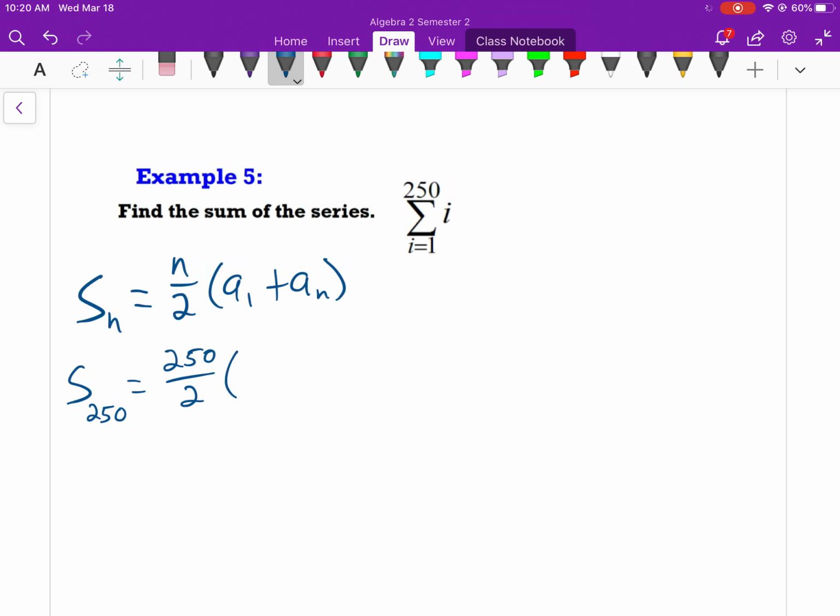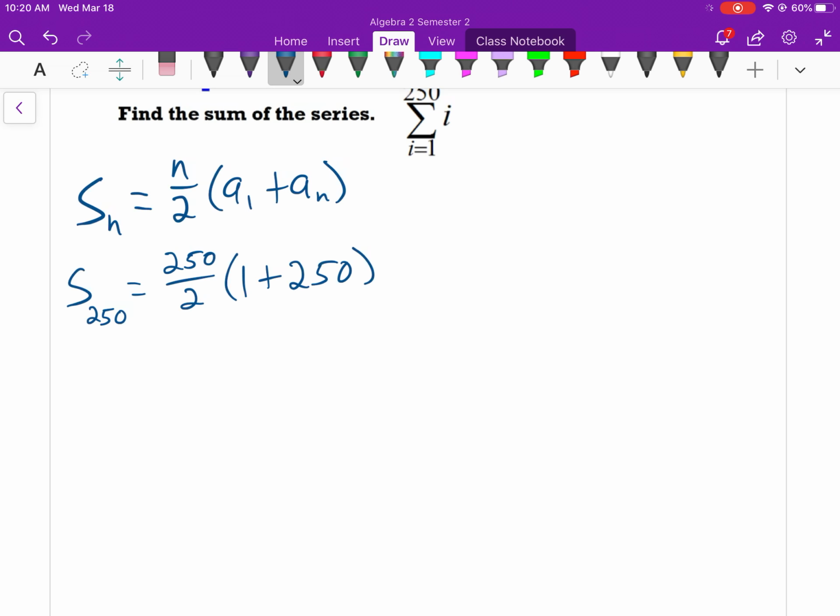So 250 over 2 times the first term, which would be 1, and the 250th term. It's pretty easy in this case. Just plugging in 250. So then 125 times 251, which gives us a total of,